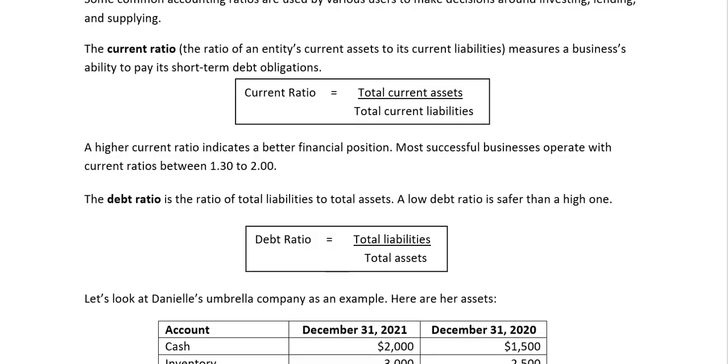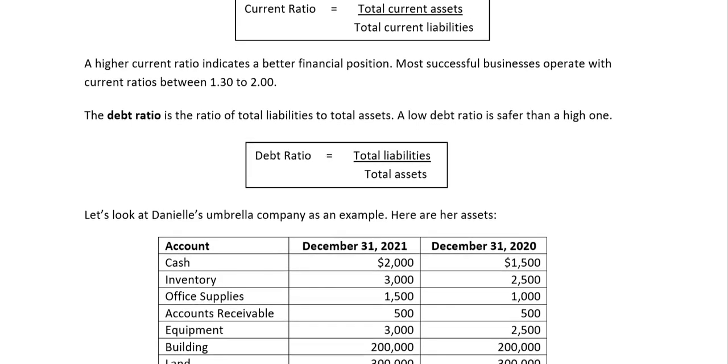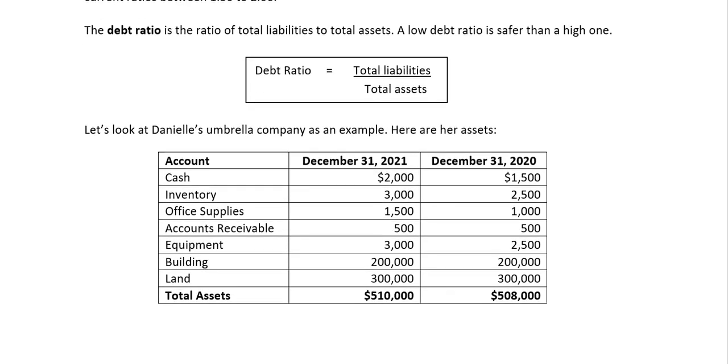And then we have a second one, which I think is easier. It's the debt ratio, which is just total liabilities divided by total assets. So a low debt ratio is safer than a higher one. So we have an example here of Danielle's umbrella company. So we're comparing 2 years,